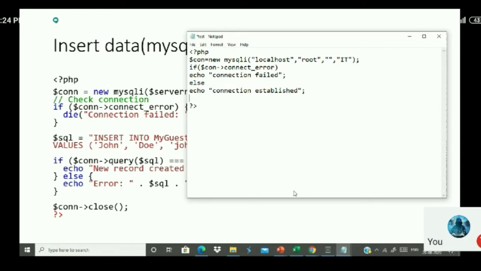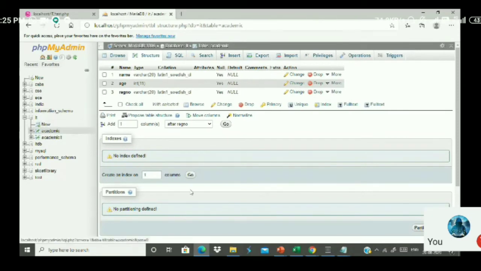Now you have to insert the data here. So write the query: INSERT INTO. What is the table name where I have to insert? The table name is academic. Is it academic or academics? It is academic. I will check the parameters here.